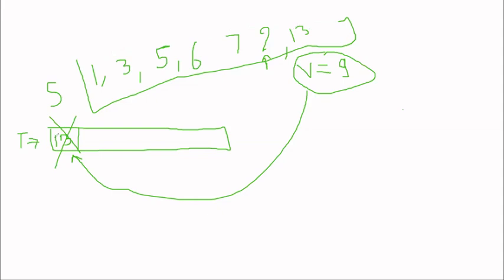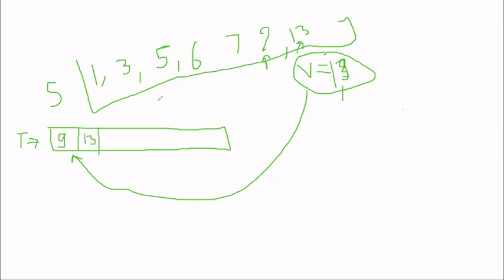Let me repeat this concept two or three times so you'll get comfortable with it. Now again our temp stack is empty, so I'll add 9 here. What is left at the top of our main stack is 13, so again we'll store 13 into our V. Now 13 is greater than the top of the stack. If it is greater than the top of the stack, we'll not do anything, we'll just add 13 here.